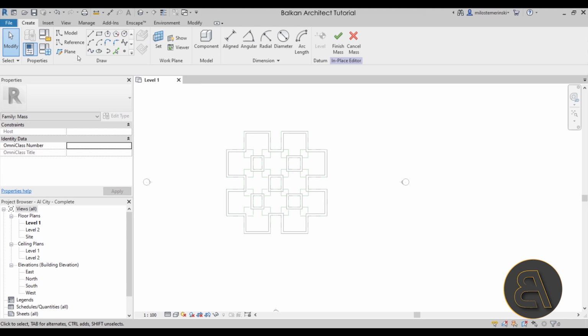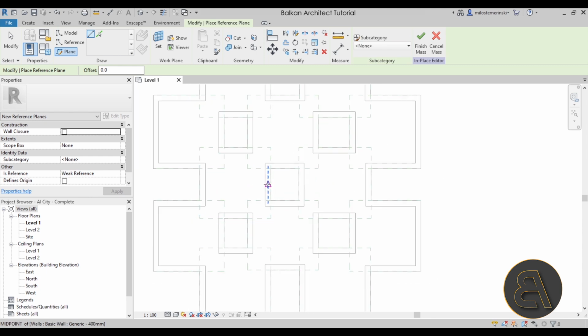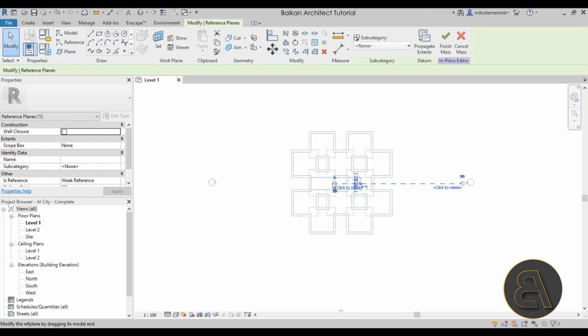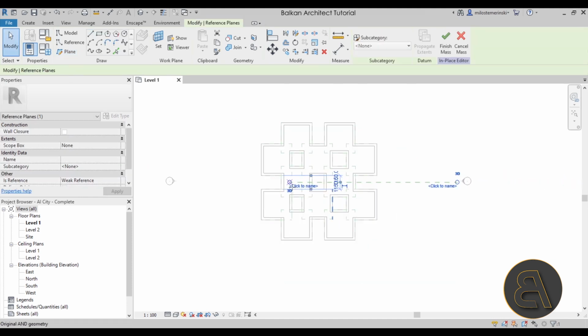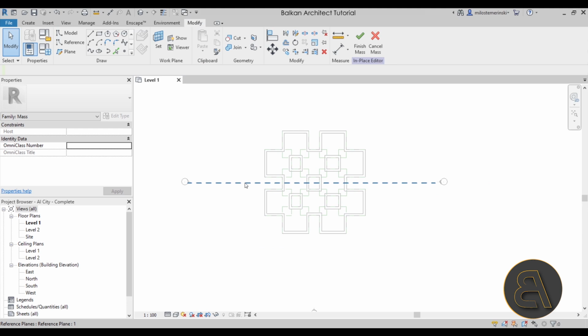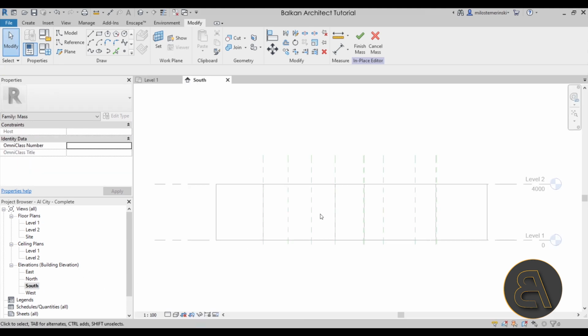So let's go here to the draw panel, go to reference plane, and then start here. Let's find the middle. Go off to the side like that, stretch it in the other direction like so, and then we can name it, and I'm just going to name it number 1. I don't really care about the name because we're only going to have that one reference plane. Okay, now let's go to the south elevation